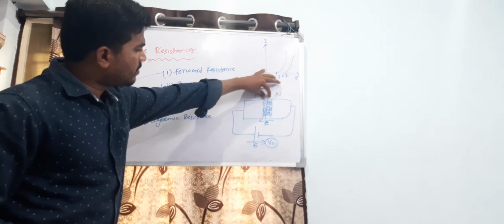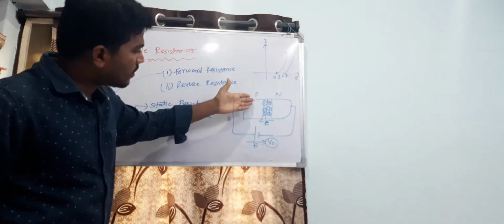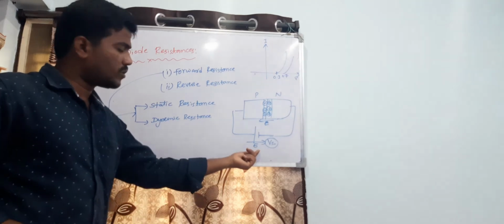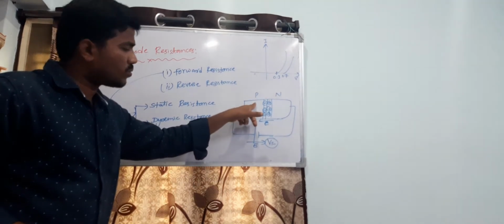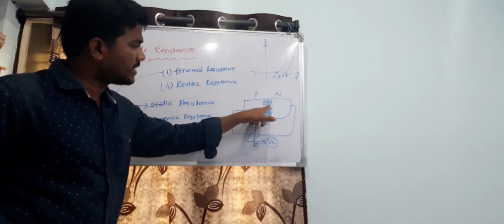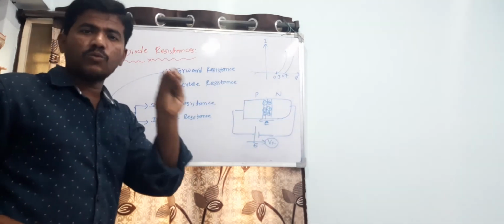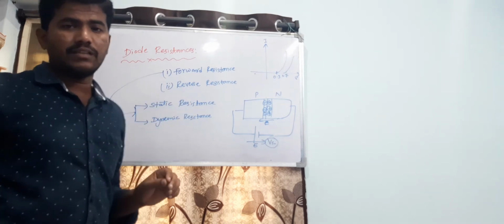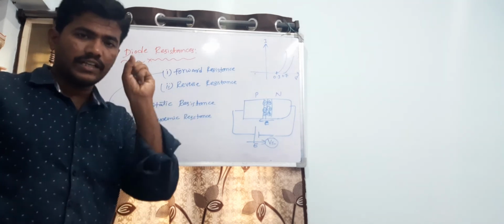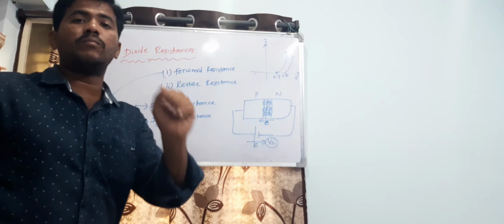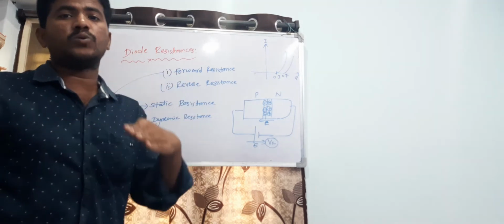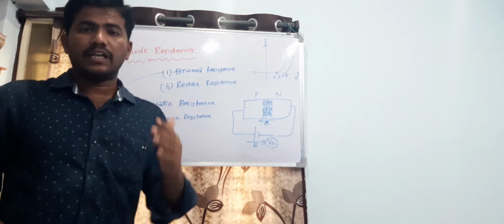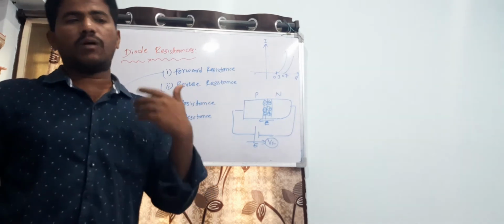When this depletion region width becomes zero, almost all the holes and electrons cross the junction. Meanwhile, when the holes cross the junction, some collisions take place. Due to these collisions, some energy of the charge carriers is lost in the form of heat. That type of heat is said to be the resistor property, because a resistor dissipates energy in the form of heat only.